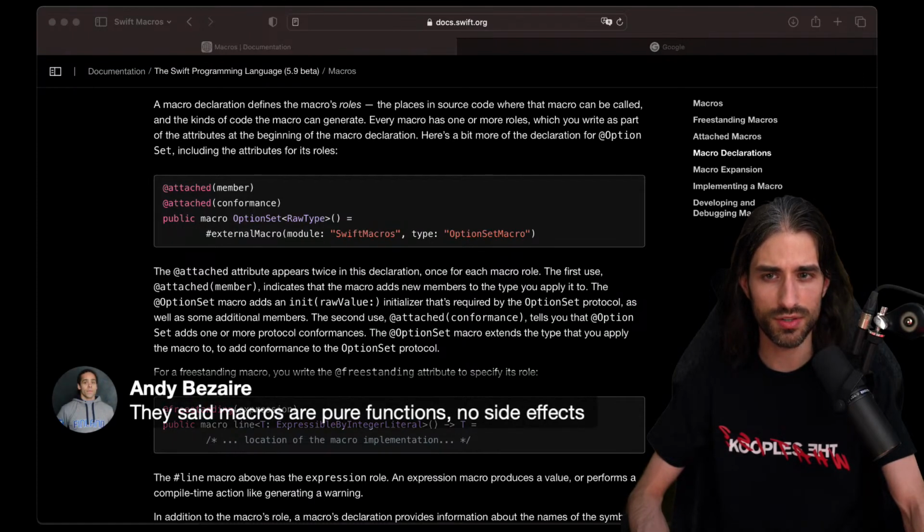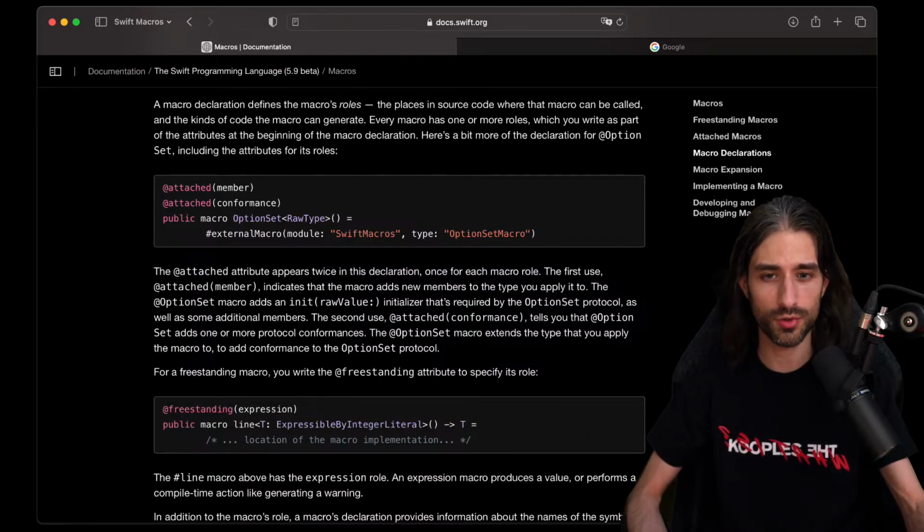So Andy, you're saying that macros are pure functions with no side effects. And indeed, I think we're going to see it a bit later, but when you think about it big picture, a macro, you can see it as a function that takes in some source code and returns other source code by adding things to it. And in a way, at a very high level, you can see a macro as a modifier that you add on your code. We see this similarity with modifiers that you call on a SwiftUI view, and the modifier returns a new view with some added behavior or configuration. We can make the same analogy for the way macros work, even though the syntax is very different.